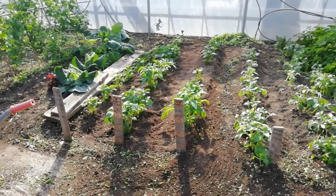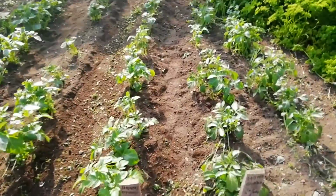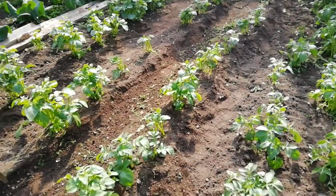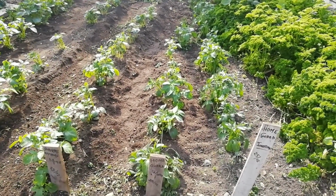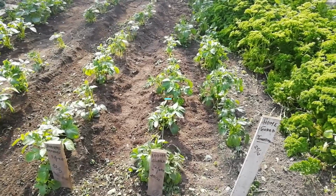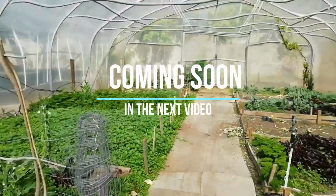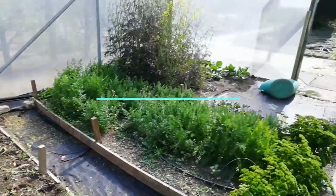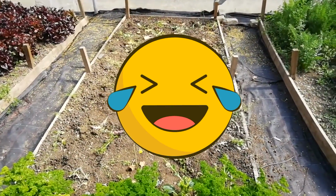I've been working at it bit by bit all day, on and off, removing weeds in between the rows, and then the loose soil in the middle I've raked up onto the middle, which is where the tubers are, the potato tubers. The sprouting broccoli has just been removed, and the oriental salad leaves have also been removed. As you can see, the next thing to do is to prepare the bed, break off all of the dead leaves, and maybe apply